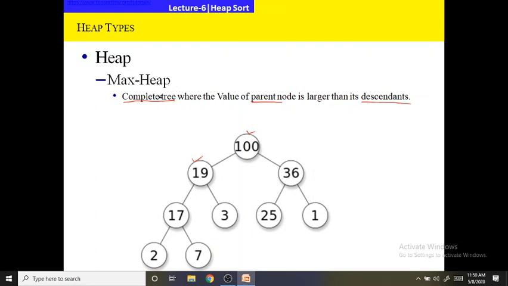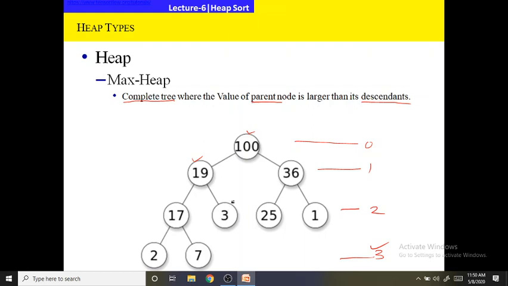A max heap is a complete tree. Complete tree means, this is the 0th level, this is the 1st level, this is the 2nd level, this is the 3rd level. All levels except possibly the last level contain the maximum number of nodes. Here it is a binary tree, so it is a binary heap.